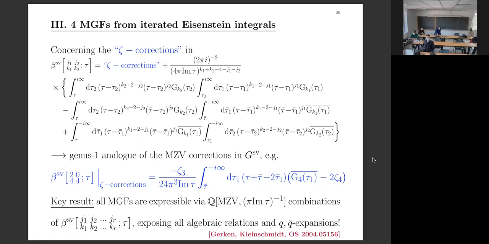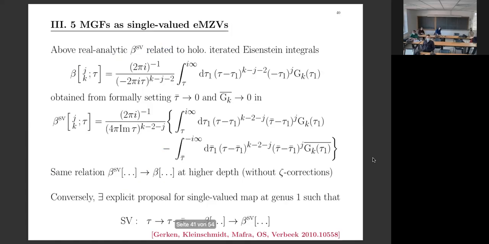And finally, we have a universal currency for both open and closed string quantities. Like EMZVs were meromorphic iterated integrals, and now we are promoting them to be real analytic and insert complex conjugates. So this is a way to make the closed string look like the open string. And indeed, you can really set up a single valued map. You can really design holomorphic objects beta such that the beta SV from the previous slides are their single valued